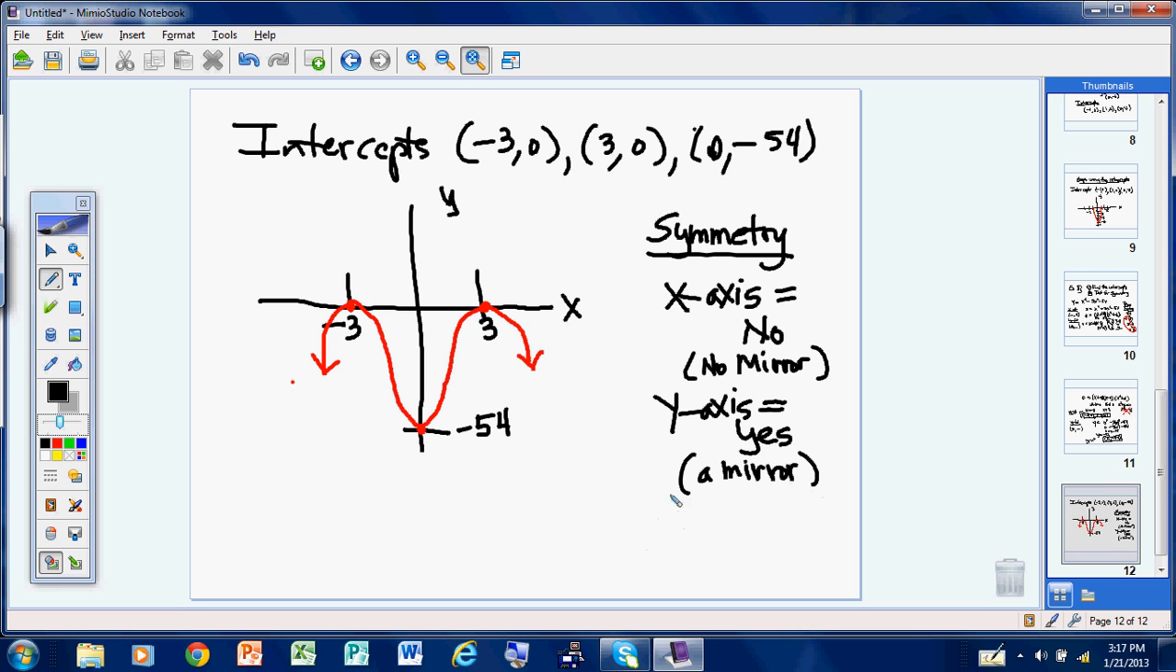Alright, so the last thing they're going to ask about is the origin. Well, with the origin, since both x and y were not symmetric, the answer is no. Okay, so there's a rule that goes with this. The rule for origin symmetry